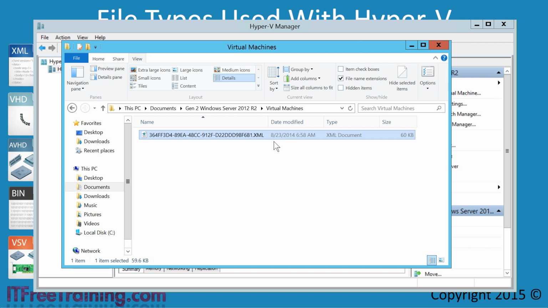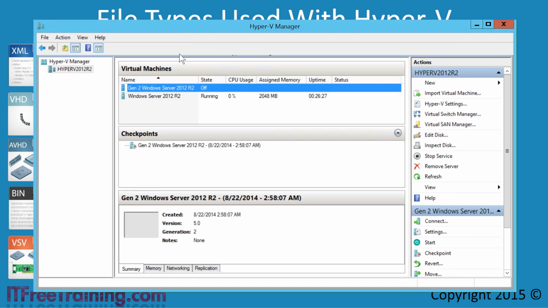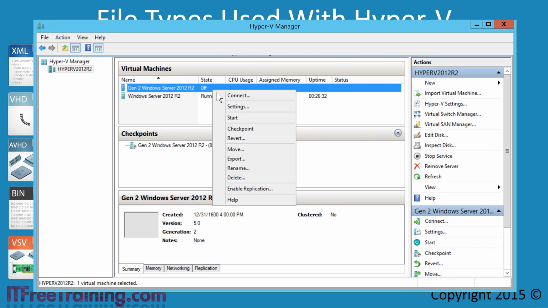You can see that to have a functional virtual machine, all that was needed was a configuration file and a virtual hard disk file. These were exported from the local server, so the next step is to have a look at where these files are stored on the local server and also the other file types that are used with virtual machines. If I now go back to HyperV Manager, I will right-click on the first virtual machine and then